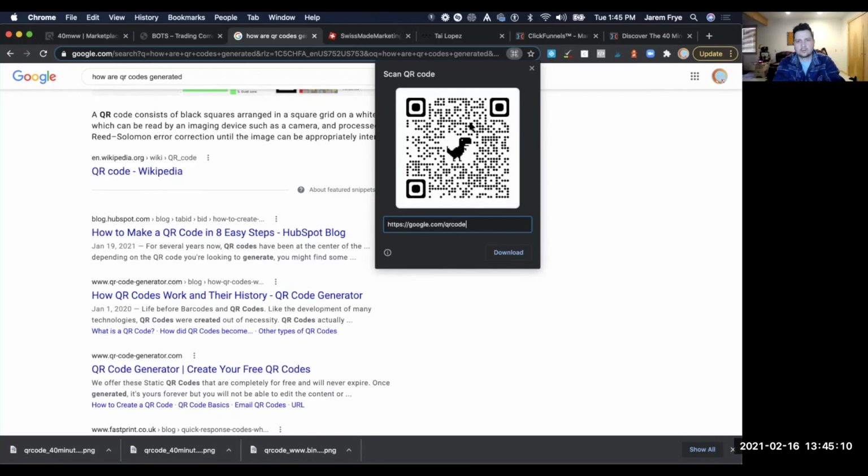QR code generator. Okay, so that's how QR codes are generated. Now let's go see if we can